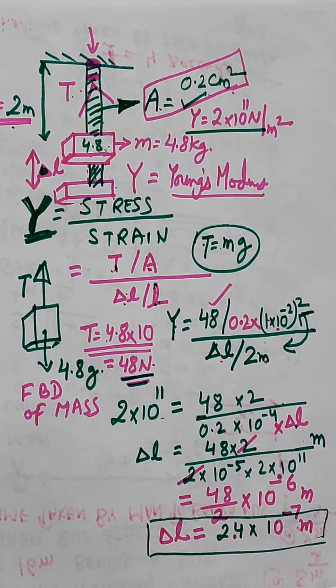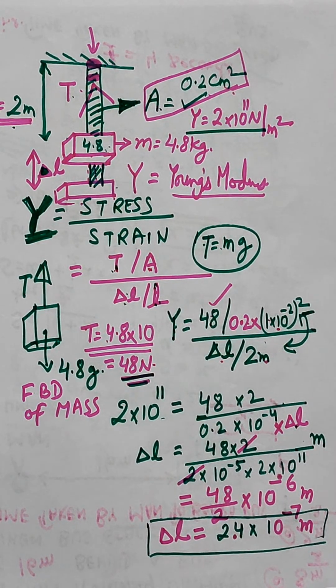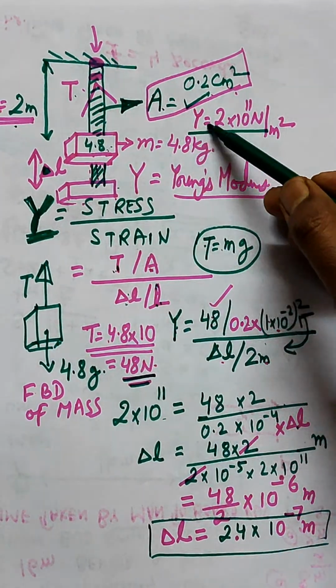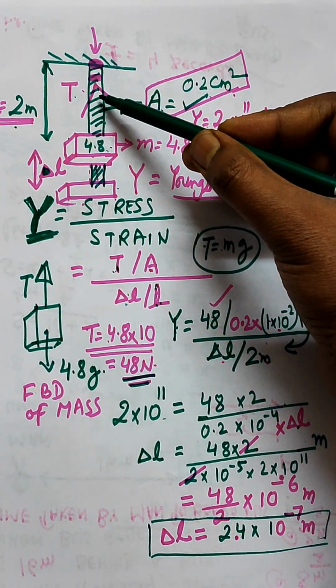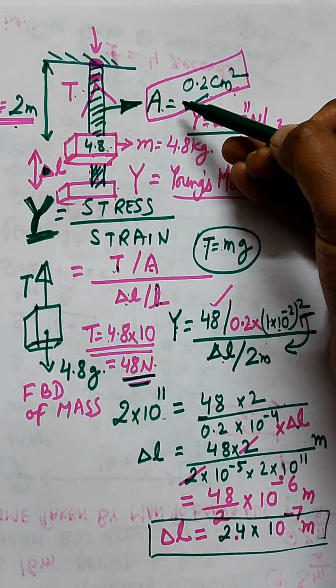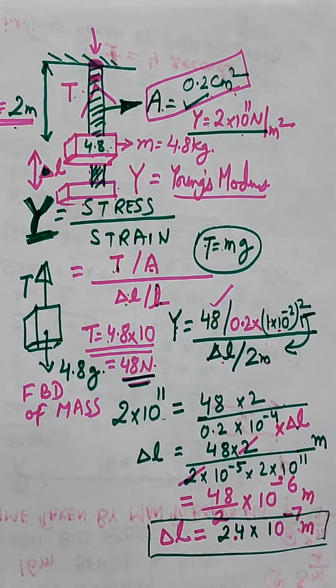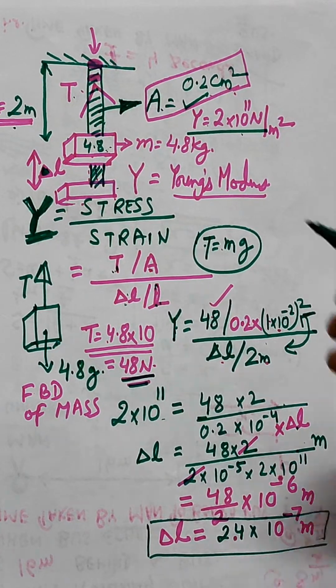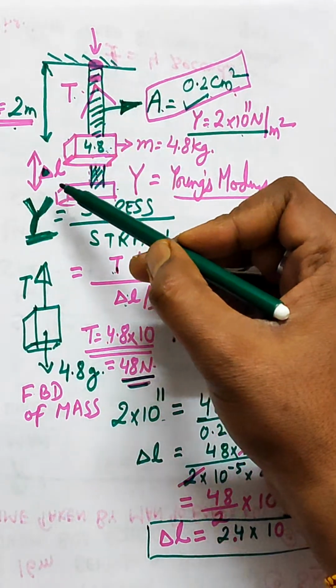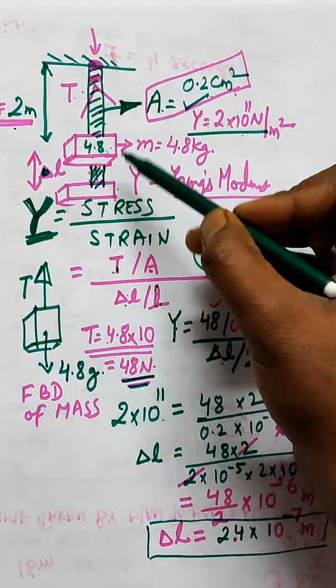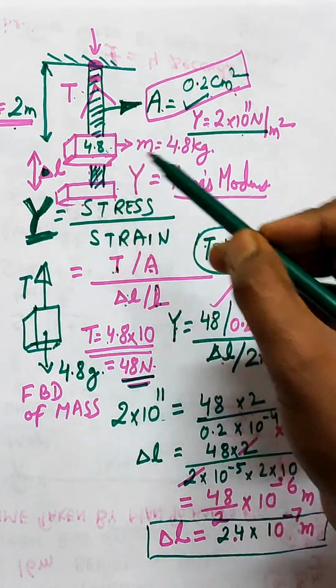I hope you understand this question. This question is very simple. The Young's modulus is given. This data is given. Area of cross section of the given wire is also known to us. Now what we need to do? We need to calculate this delta L, that is the elongation in this wire due to